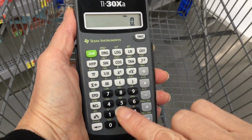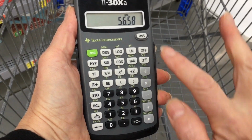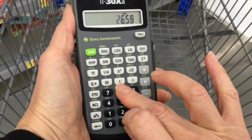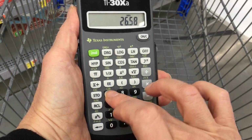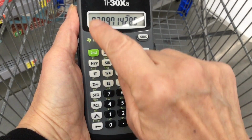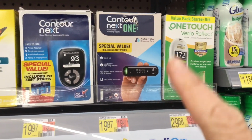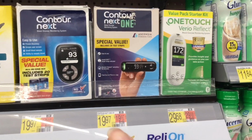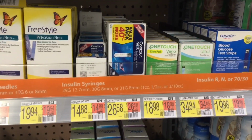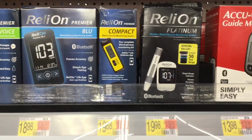If you do the math and you type in 26.58, whoops, I didn't get that right, let's clear it, 26.58 divided by the 70 test strips, you see that that's going to cost you almost 38 cents a test strip. So the Contour Next One kit with everything in it is a good buy at $20, but when you go to buy more test strips, you're spending more money per test strip for your bottle of 70 strips,